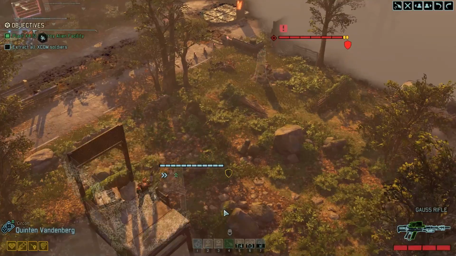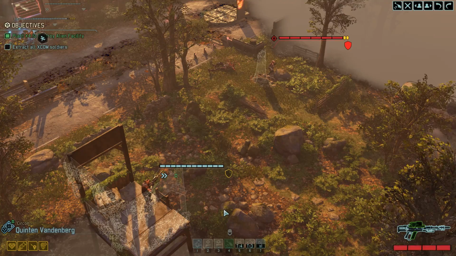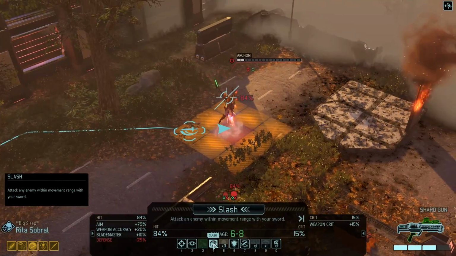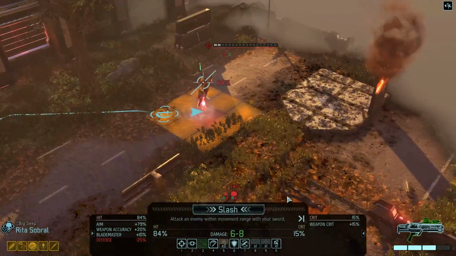The guy's got heavy armour. The pistol was only ever going to do one or two damage at the most, so that wasn't a particularly clever move. Still need to take this shield bearer out. Rita is up. She can outright kill the Archon,